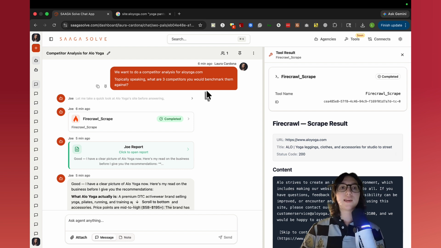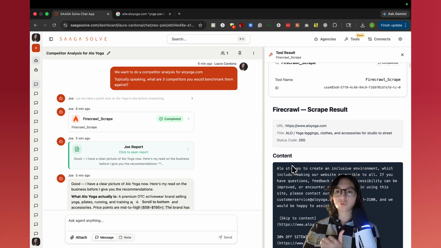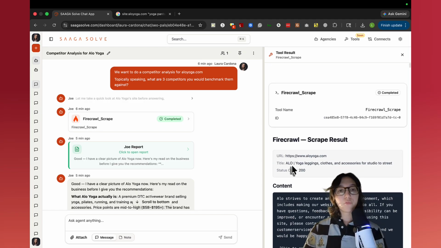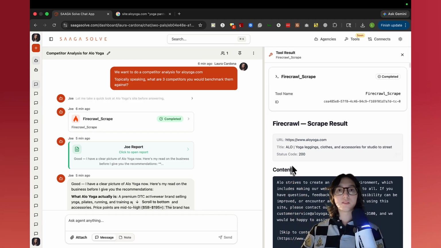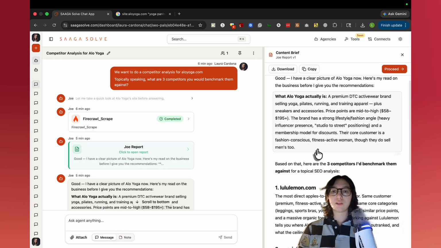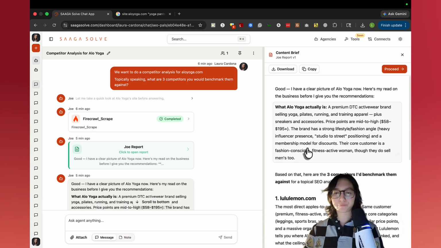The great thing with SaagaSolve is since we're chatting with artificial intelligence, it can actually use Firecrawl to scrape the Alo Yoga site, figure out what the site is about from a business lens perspective, not an SEO perspective, and then based on that and its knowledge of the market, come up with 3 competitors that it thinks are relevant.